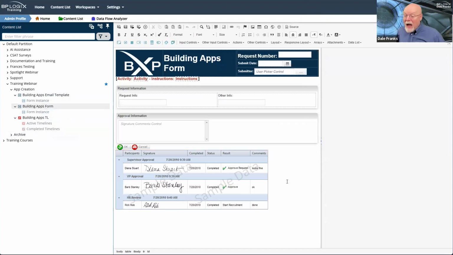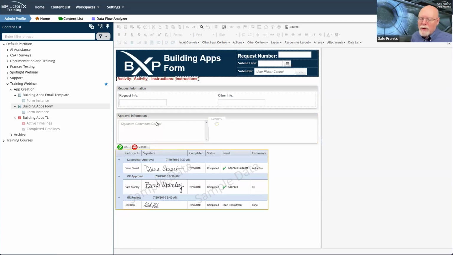So with that, we now have a basic and working form, and we can leave the form now, and we can begin working on the process timeline. Based on what we've done so far, I have a working form. What I don't have is a working process, so I'm going to need to build that out.